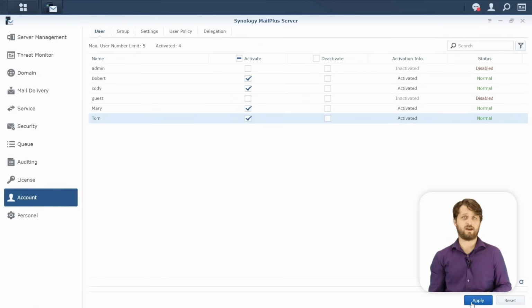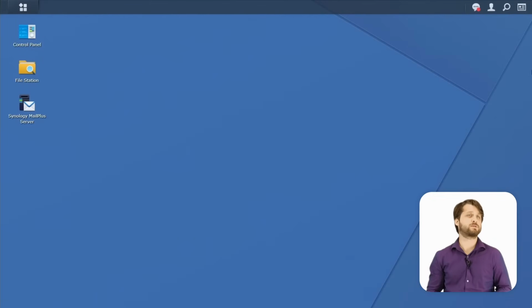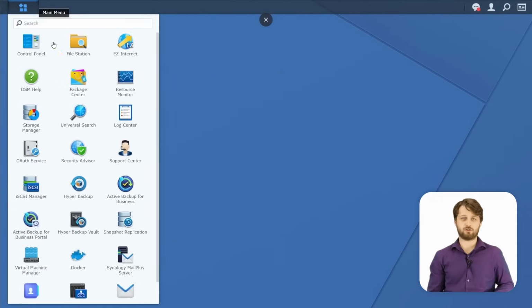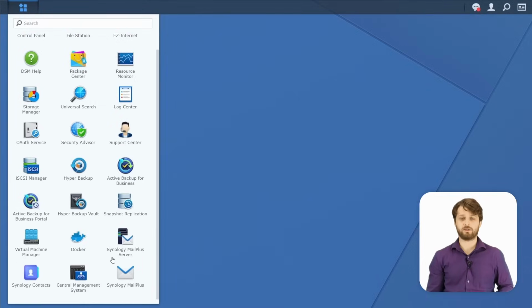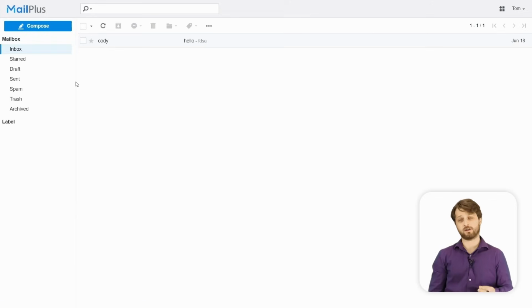So now that we've hit apply, these specific users are now able to utilize their mail system. They've been activated. They can utilize their main mail addresses. So let's take a look at what that would look like in the Synology Mail Plus client, just to prove to you that it's all up and running at this point in time. If we open up our Synology Mail Plus client, which can be installed through our Package Center, you'll see that our specific user, Tom, we're logged in with them. You can see that they've already received an email from me after we actually enabled their account.